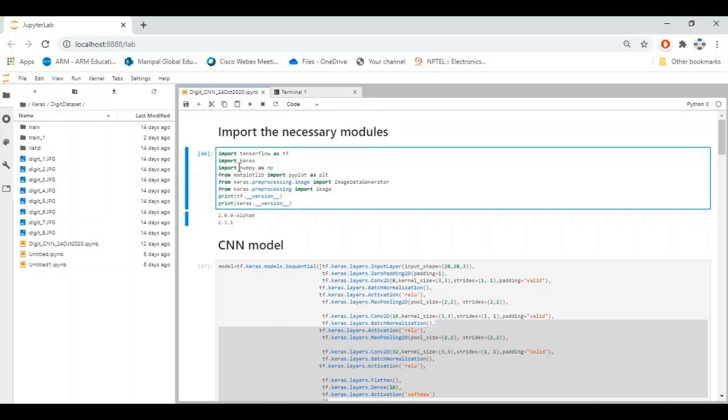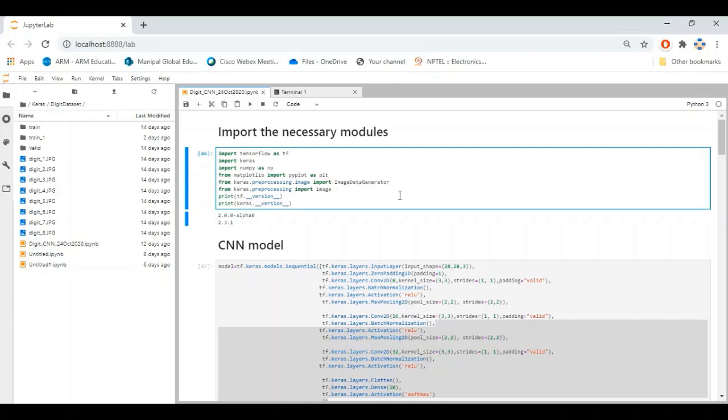Apart from that, we also need other libraries like NumPy and Matplotlib, which is required for displaying the images. The ImageDataGenerator class is required for creating the training and validation generators to feed the images from the training and validation data sets.